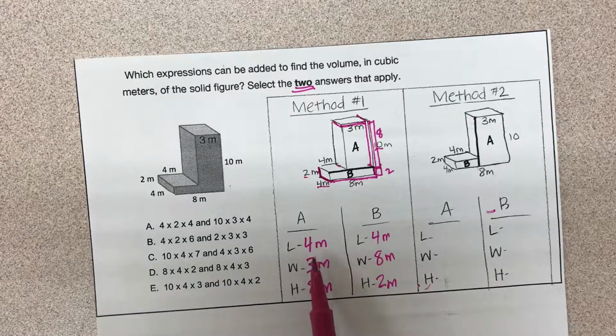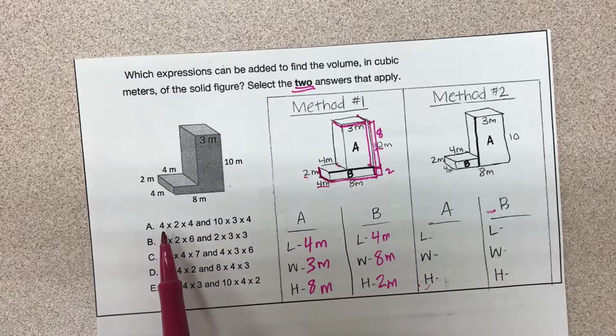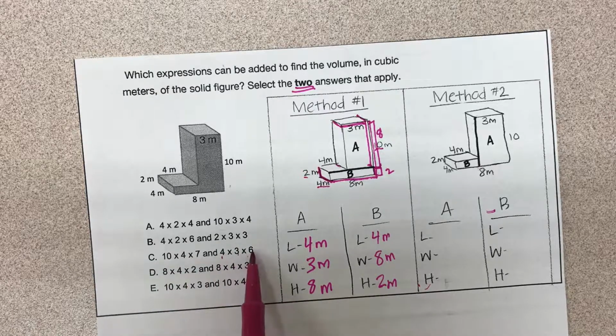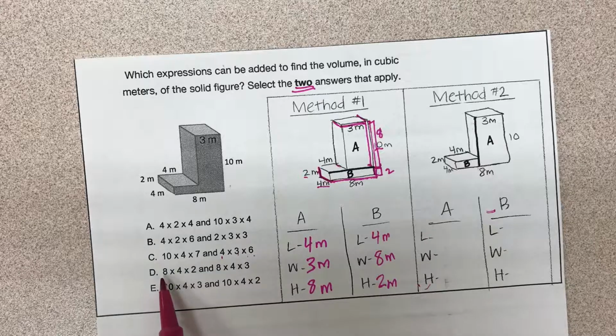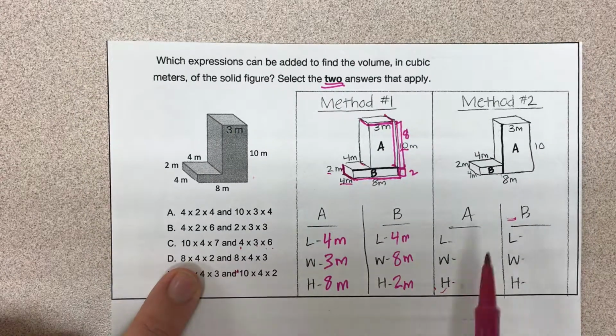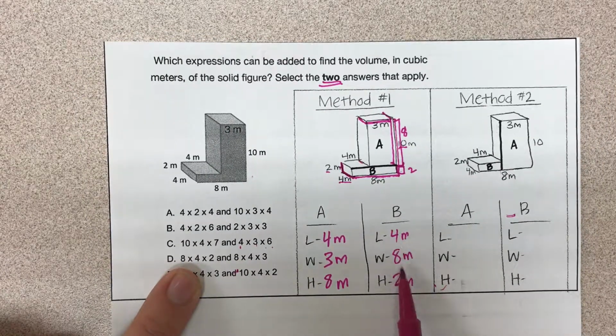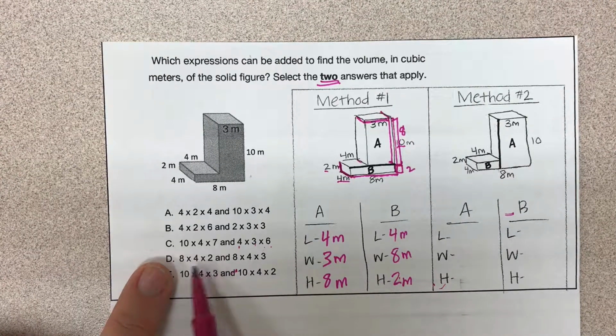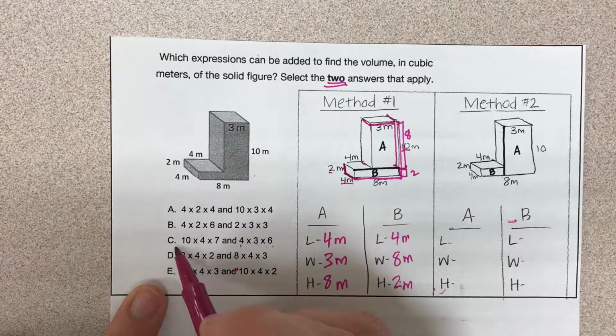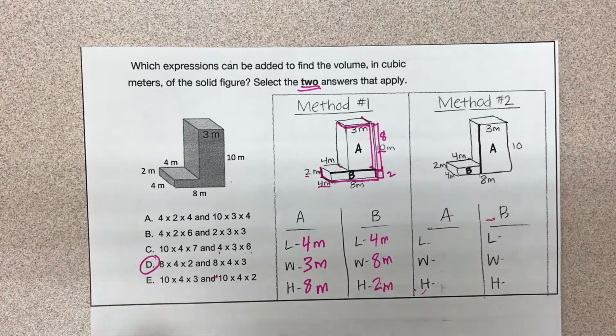So here we have 4, 3, and 8 for one of the figures. So we want them to match here. We don't have 4, 3, and 8. No. Well, we have 4, 3, and 6, but we're looking for 4, 3, and 8. Here we have 8, 4, and 3. So those numbers do match. Let's see if the other set of numbers matches what we have for B. 4, 8, and 2. 8, 4, and 2. Those are all the same numbers. So D is the answer for method 1, but now we need to find the numbers that go with method